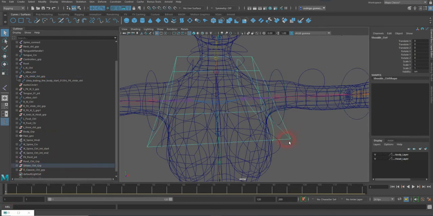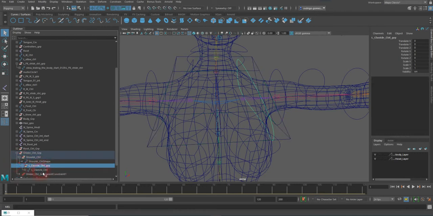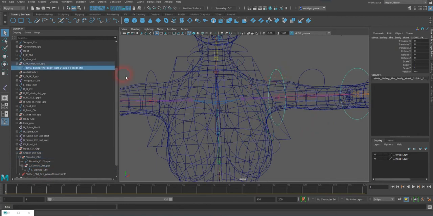Let me just go and find it. I probably did it backwards, so I should have done it differently, but I'm just going to grab the clavicle here. So I'm going to grab the group for this guy, become a child of the clavicle,